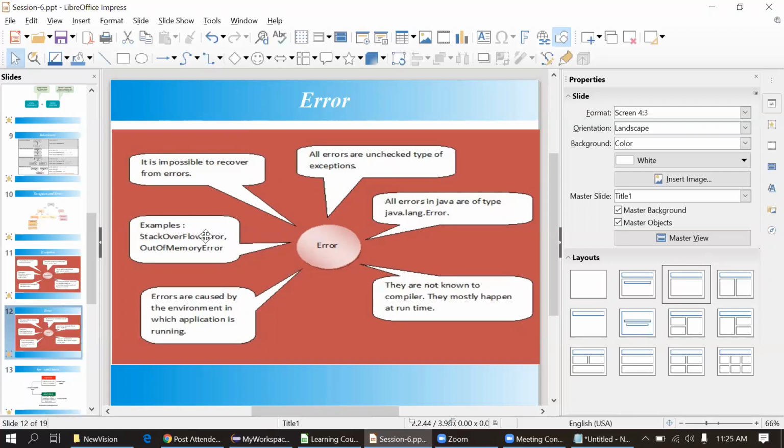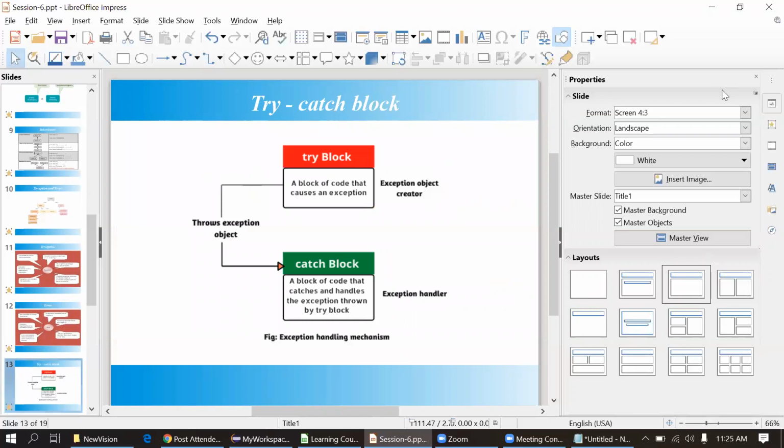Now we will see how to handle this exception. I will open the next slide. First you can see the try catch block. There are multiple ways to handle the exception. We can use try catch. We can have the throw keyword inside the method. We can have the throws keyword at method signature level, meaning when we define a public void method A, after the parameters we can define the throws keyword, throws a particular exception like IOException. That kind of exception we can handle. We will go one by one, so we will go for the try catch block first.